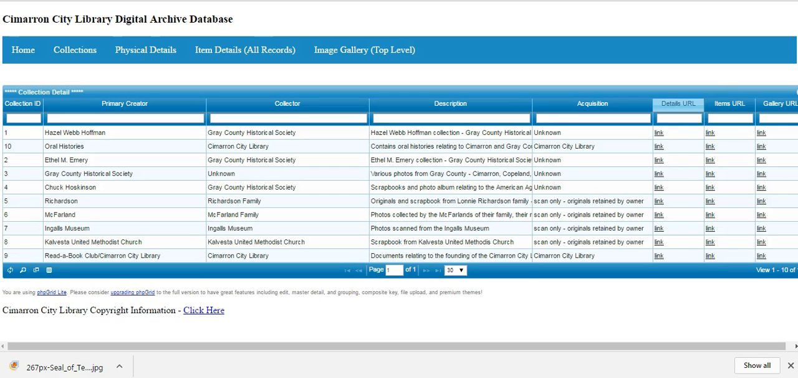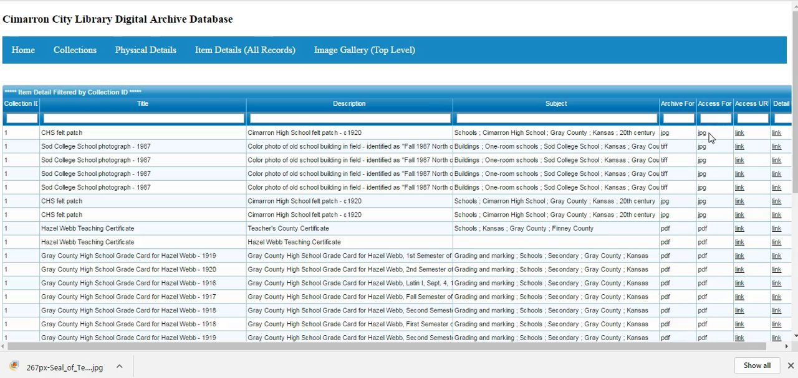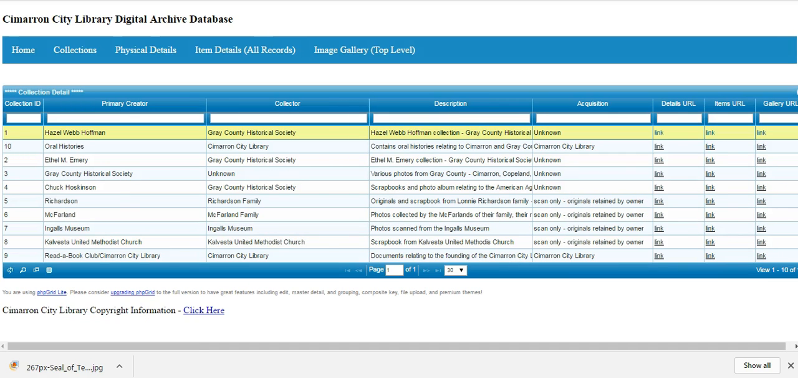The next column is the items URL. This opens a new page with the item details of the collection, also filtered by the collection ID. Once again, Collection 1, all of the items are available right there for you to browse. I will close this page down and head to the last column in this tab, and this is the gallery